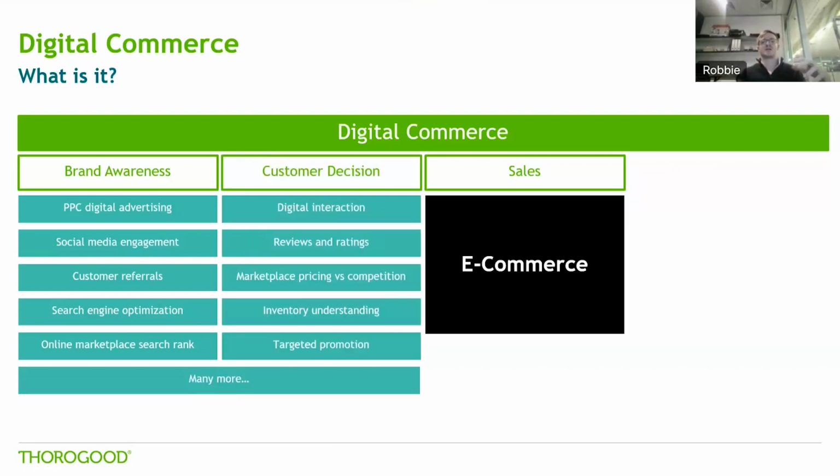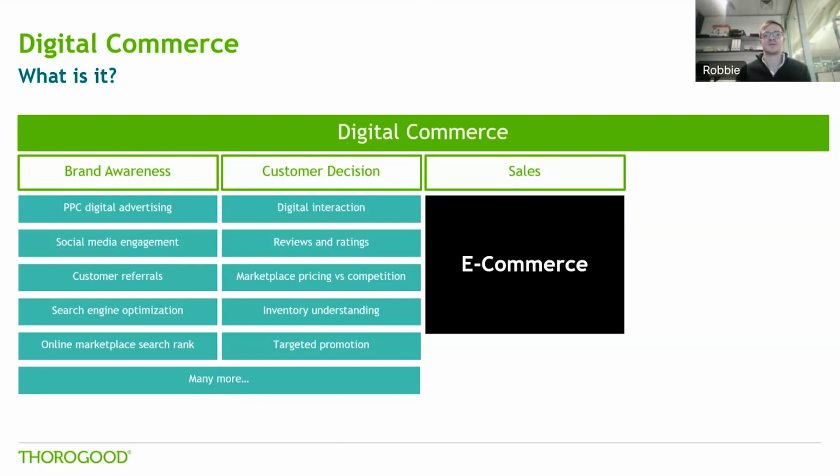Then once a customer is actually aware of your brand, what's going to actually influence their decision to purchase your product? So how do you influence that decision? Well, one is just through general digital interaction. So whether it's through, if you have an app, or maybe if you're selling directly to the customer. So for example, I was buying plane tickets directly through an airline website. And actually, the process was so complicated that I gave up and bought on a different airline instead.